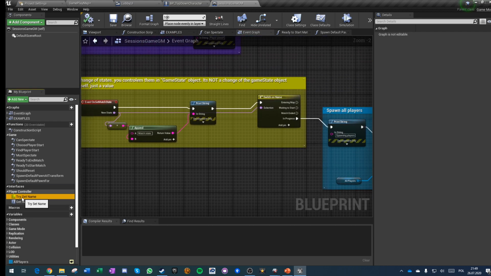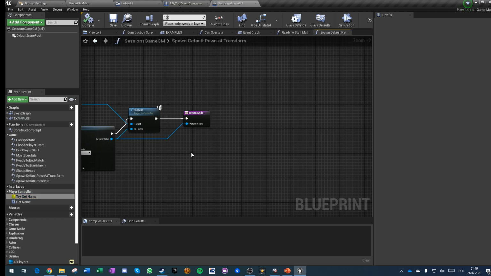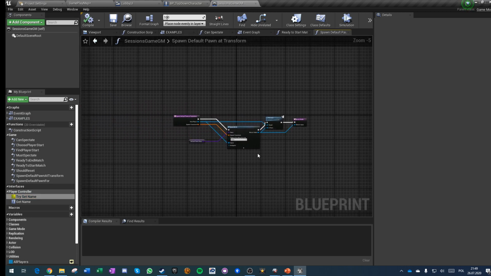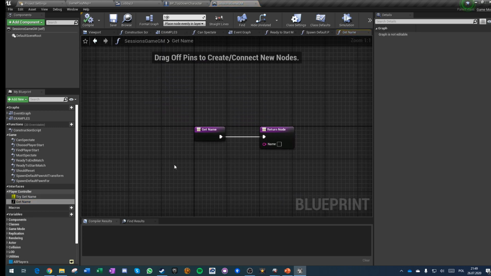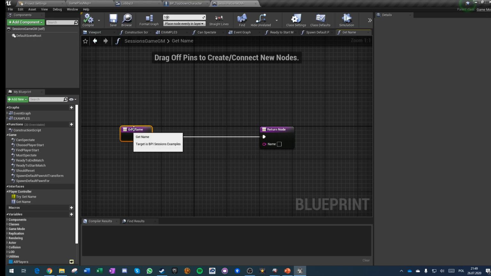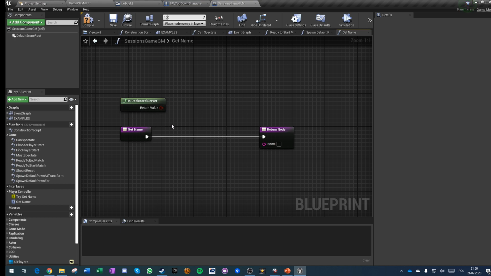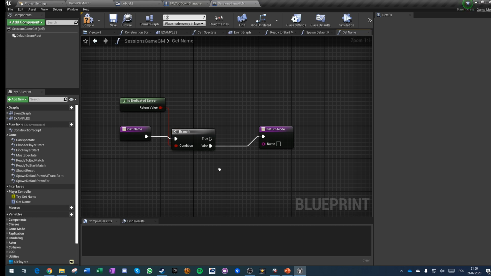In the interface, I don't think we are actually implementing those because it doesn't make any sense to run them on game mode, and no one will ever call get name on a game mode, obviously, unless we want to get the name of the... Oh yeah, we could actually do something in the dedicated server. So if it's not dedicated server, it means it is